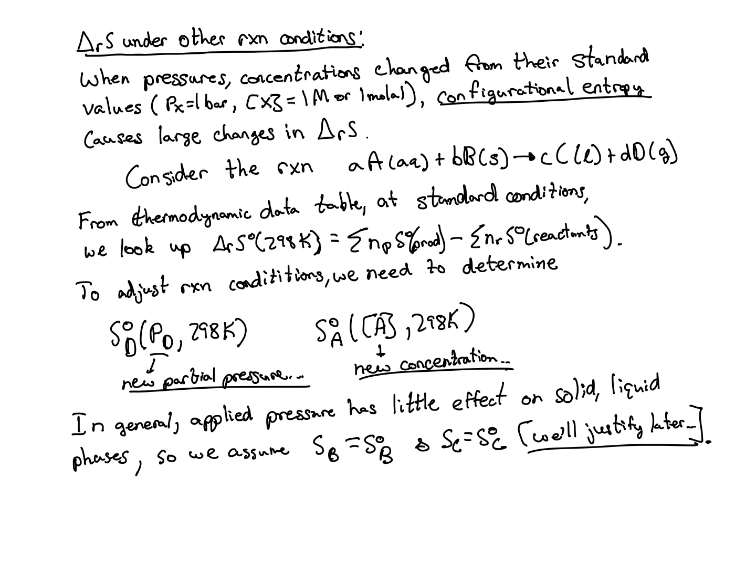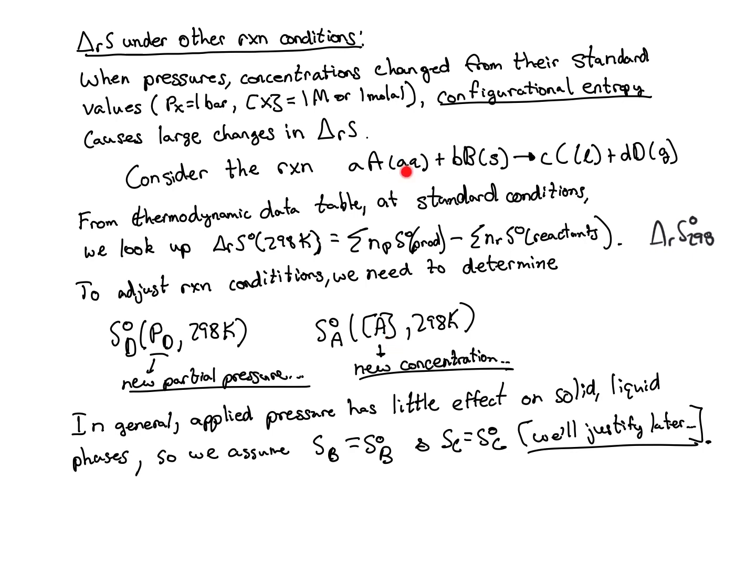298 is where they're normally tabulated. The book will represent this as delta R S naught 298, or something similar; I just put it in parentheses here. Either way, you can do that just by looking up the values from the table. But if we want to look at other reaction conditions, we need to know how the entropy of my gas D changes if we put it at some arbitrary partial pressure P_D,